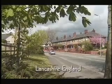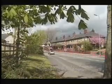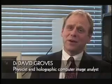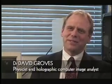Dr. David Groves is a physicist in the UK and a specialist in image processing. I've been involved in image analysis for 25 years now. I did my PhD developing holographic computer techniques for analysing images. My company, Quantic Image Processing, uses these image processing techniques to extract three-dimensional information from two-dimensional images used in industry